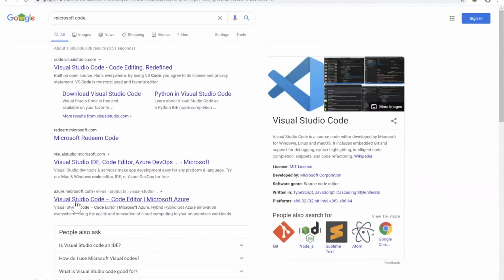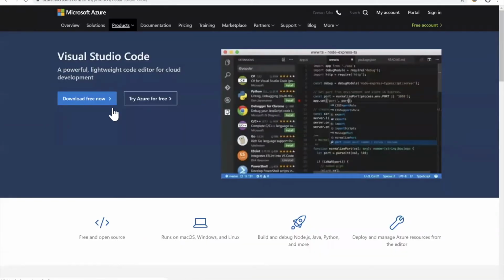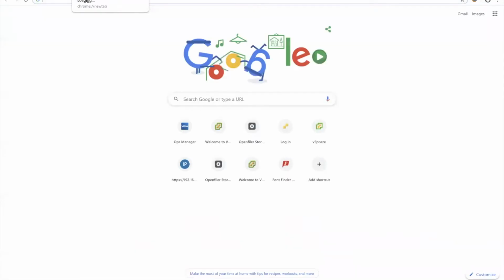Just, you see, Visual Studio Code. Okay, this is from Microsoft. I like it. This is a free download now, Visual Studio Code. Okay, this is one tool you can use. Or once you start that, maybe